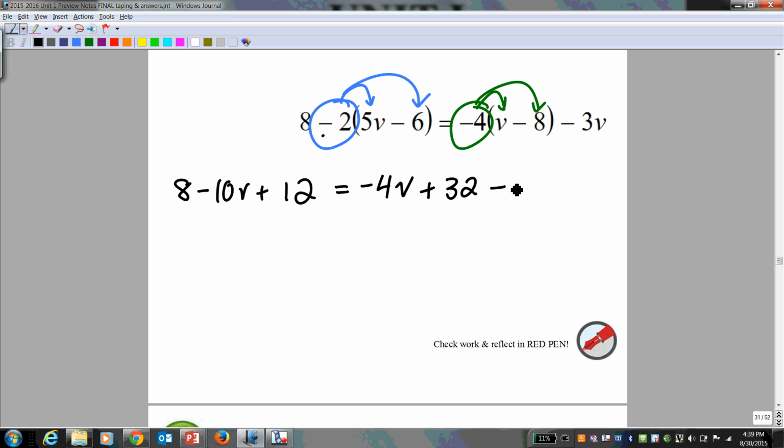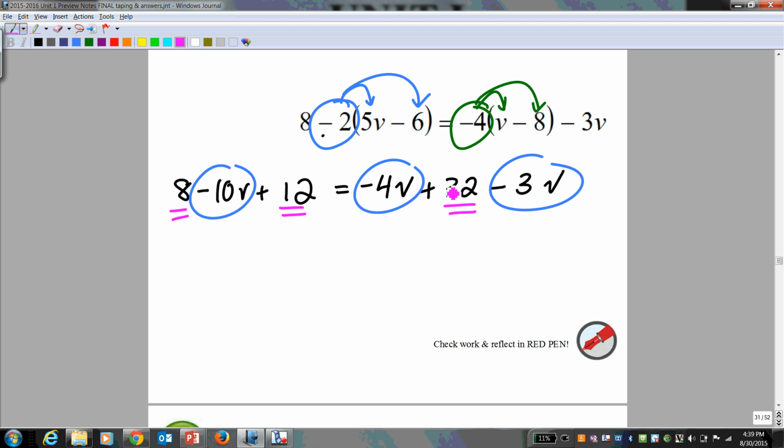And then we have -3v. We collect like terms, and when we do that, I like to physically circle stuff as I collect it. So I'm circling all my v's. I'm underlining all my numbers. So I have here 8 plus 12, that's 20. And there's nothing to collect here, so it's -10v minus 4v minus 3v, that's -17v